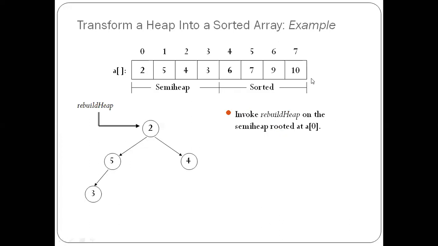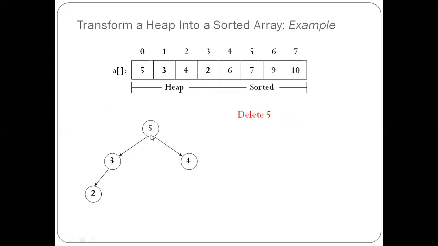6 has been deleted and it will be added into the resultant array, and then we apply heapify based on 2. So 2 will be interchanged with 5 because 5 is the largest value out of its children. That is, 5 and 4 are the values we compared, and 5 is the larger one. So 5 and 2 will be interchanged. And again 2 will be coming over here. It is not satisfying the heap property. So 2 will be coming down and 3 will be going up. So this will again create a heap.